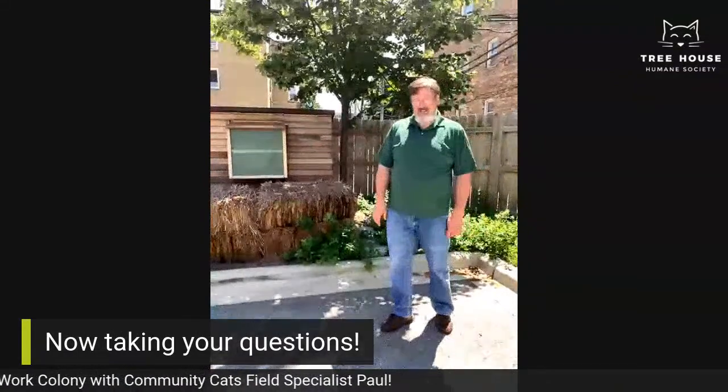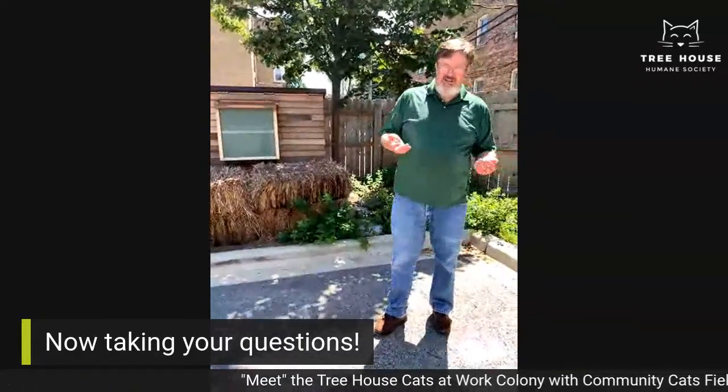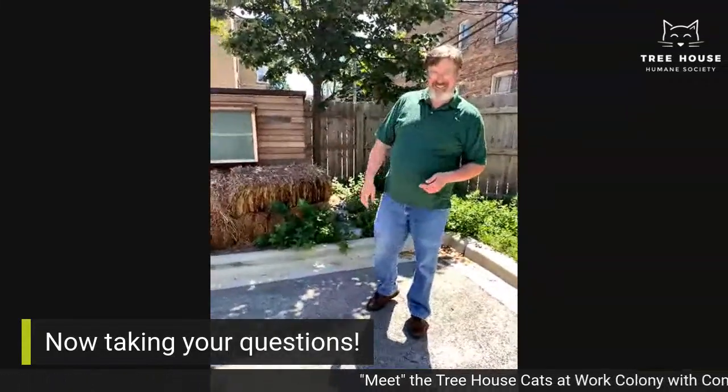So yeah, oftentimes there's multiple feeders in the neighborhood too. When people start seeing them, we don't recommend it, but it's hard to stop. So there might be somebody down the alley that might be feeding them too, and it's a cat-friendly yard, so they might have a summer home in the Hamptons down the alley. Frequently,